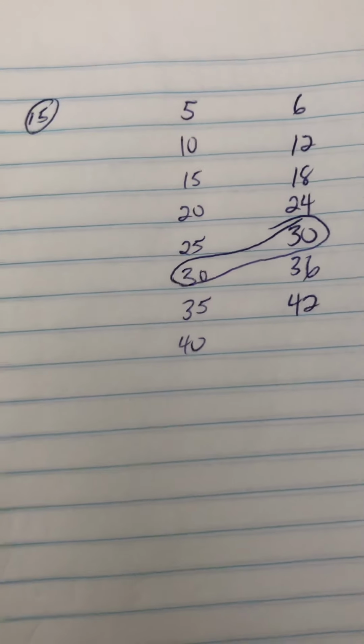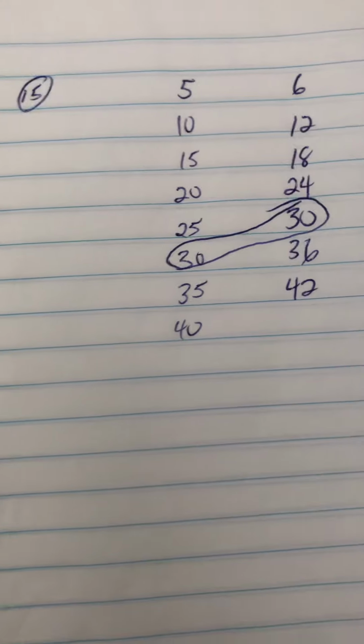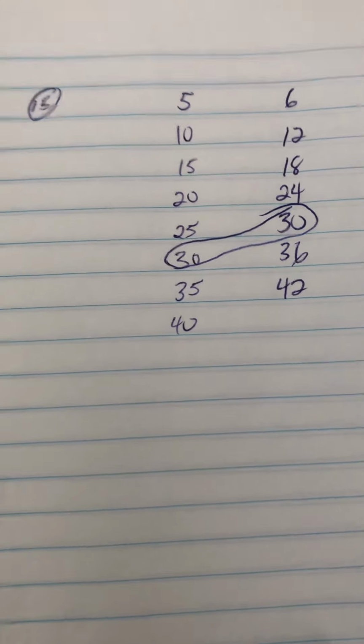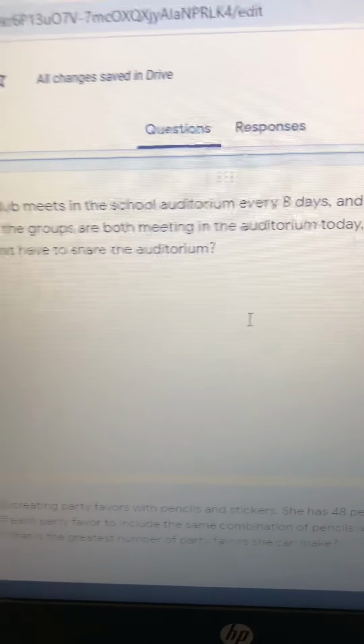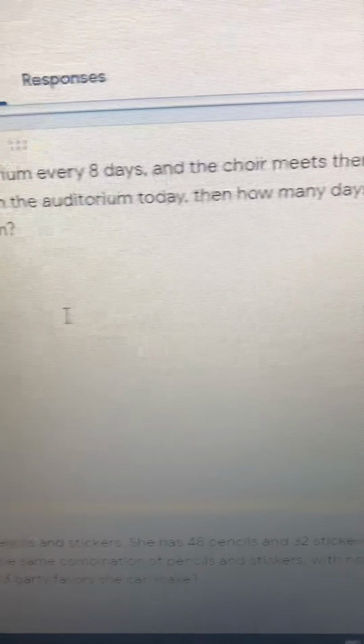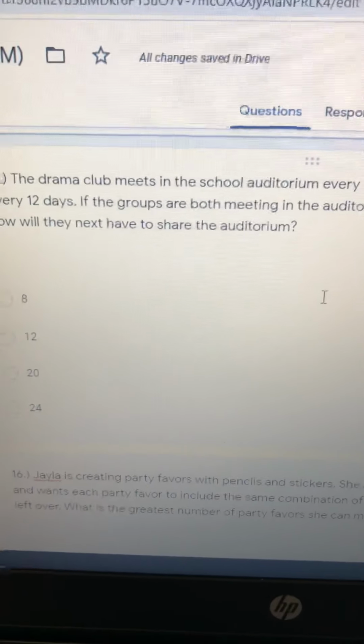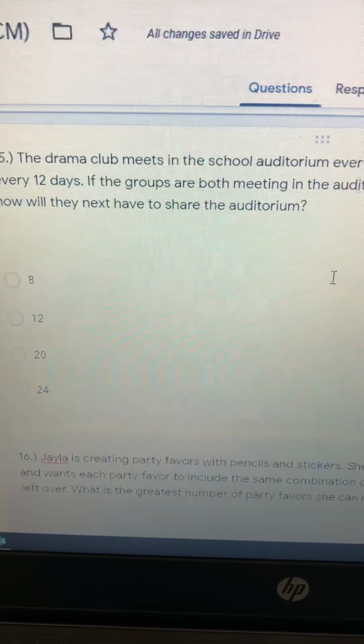All right, almost done, family. Good job today. So number 15, the drama club meets in the school auditorium every 8 days, and the choir meets there every 12 days. If the groups are both meeting in the auditorium today, then how many days from now will they next have